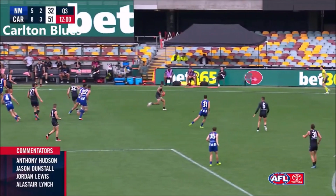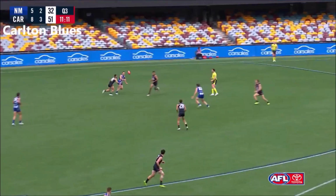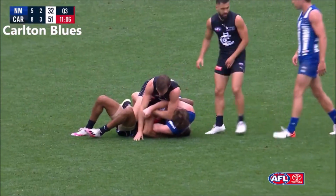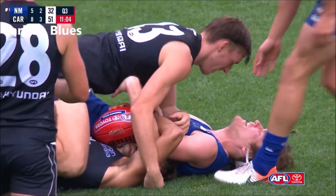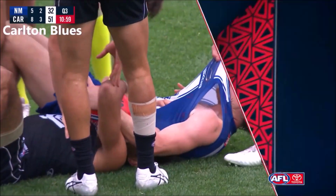Get an update on Mitch McGovern in just a moment from Lynch. Here's Martin right near that, Carl. Needed to be better with his technique. Danger, and it grows and grows. And that forward pressure that the coaches love so much is going to result in a real shot for goal